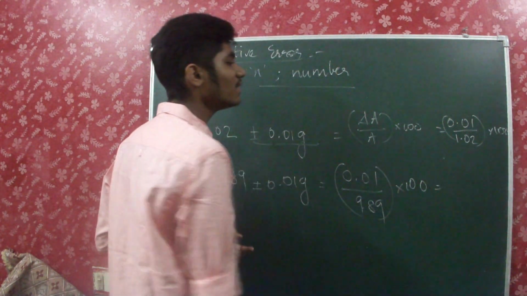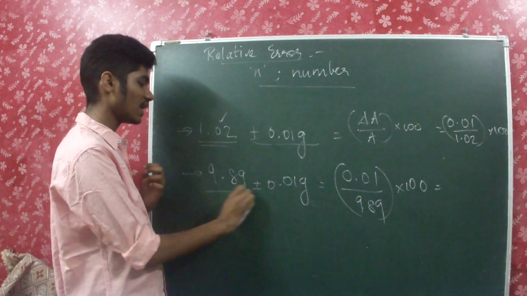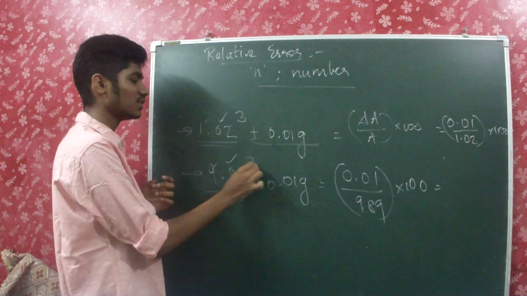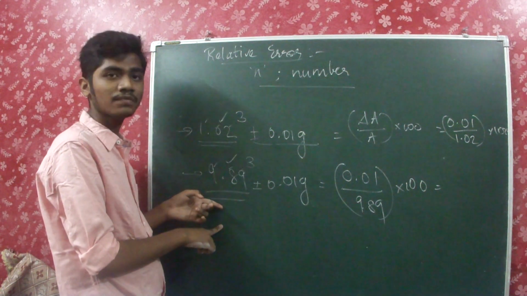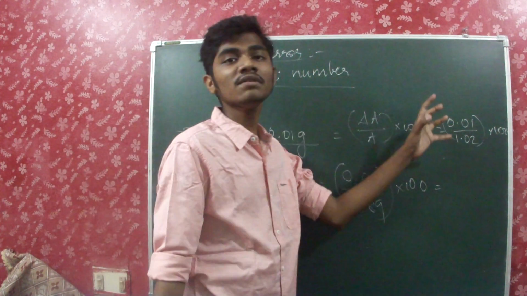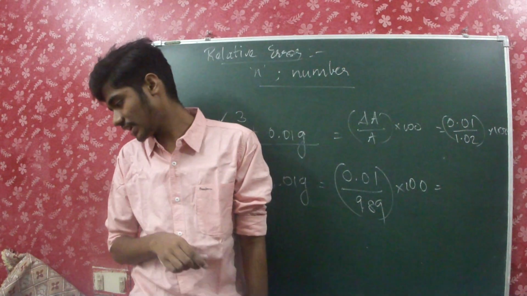So what are we going to find? We are going to find the percentage error. And now tell me how many significant figures are there? Here 1, 2, 3. 3 significant figures. Here also 1, 2, 3. So the number of significant figures are the same. Right? The number of significant figures are the same. So hopefully we will also expect the same result in the percentage error. Am I right? But unfortunately the answers